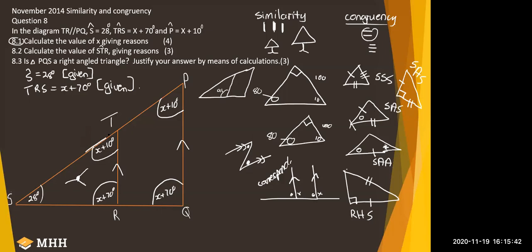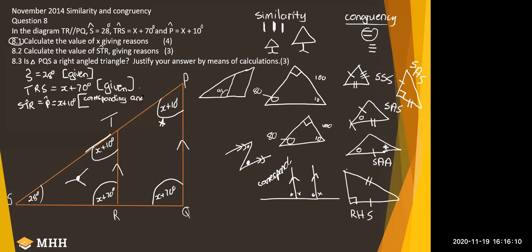And then, because they gave us P, they didn't give us this angle T, you have to say STR is equal to angle P, and that will be equal to x plus 10. And the reason why I'm saying it is because it's corresponding